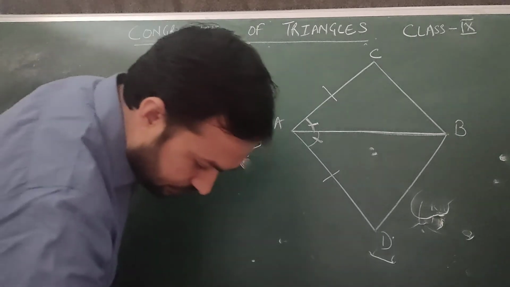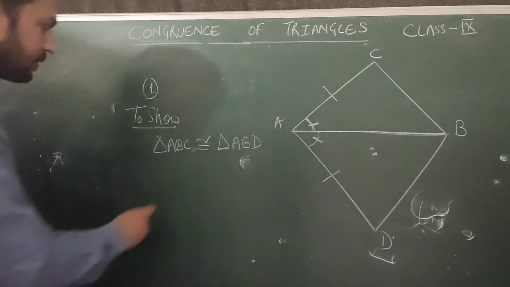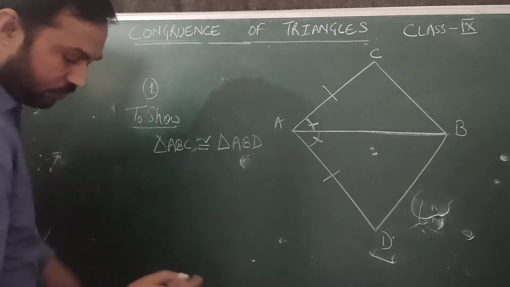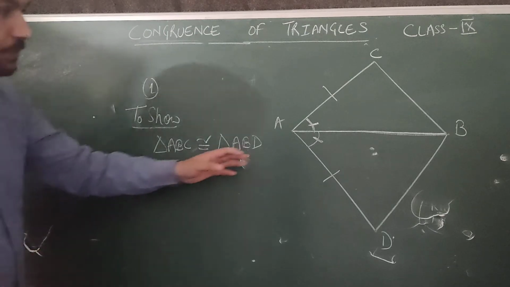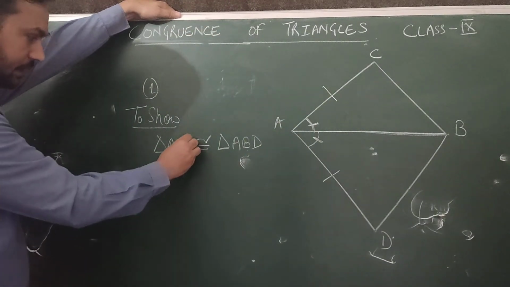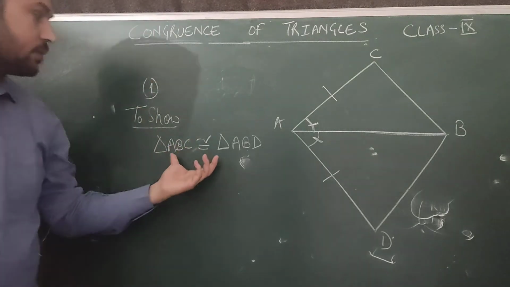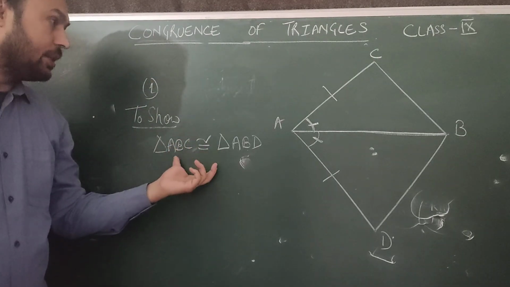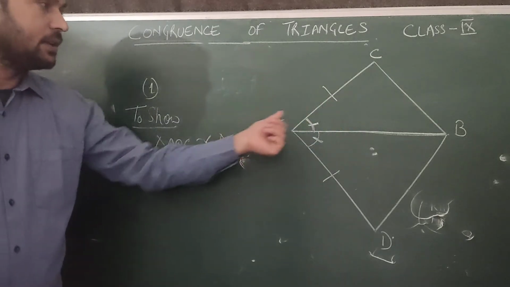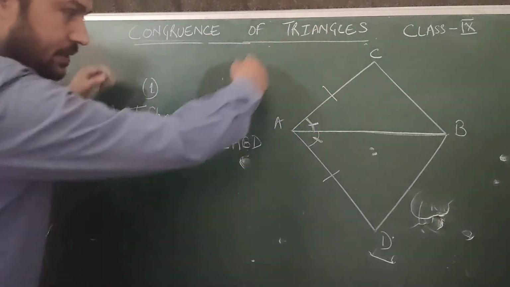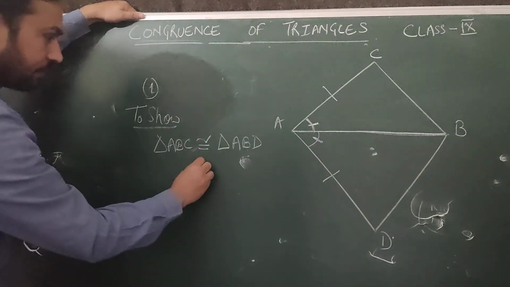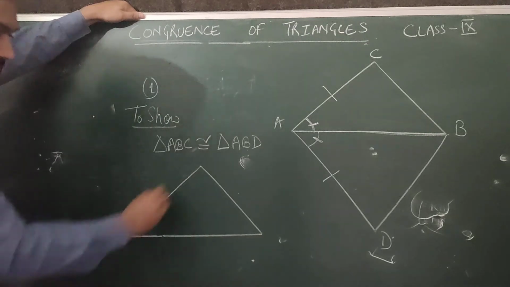So if you see, this is what they are asking in the first case, and in the second case they are asking what can you say about BD and BC. Okay, that one we will see later. So whenever we have a triangle like this, whenever they are telling us to make the two triangles congruent, you need to observe the main figure and see where is ABC. So ABC is this triangle. In this quadrilateral, ABC is here. So what you do, just remove that figure from there exactly as it is,